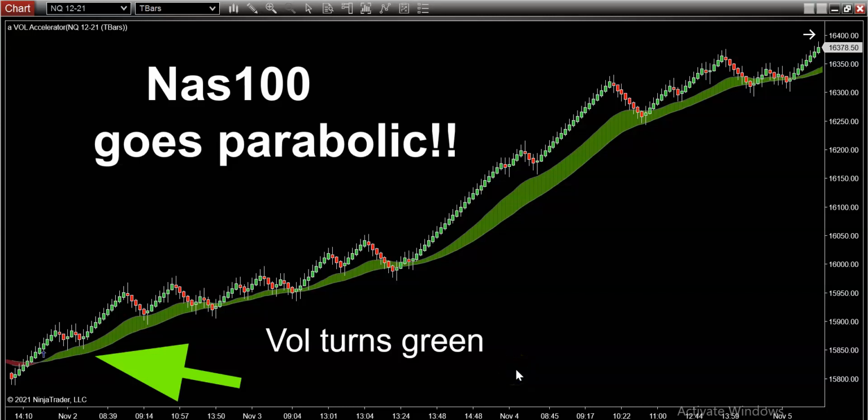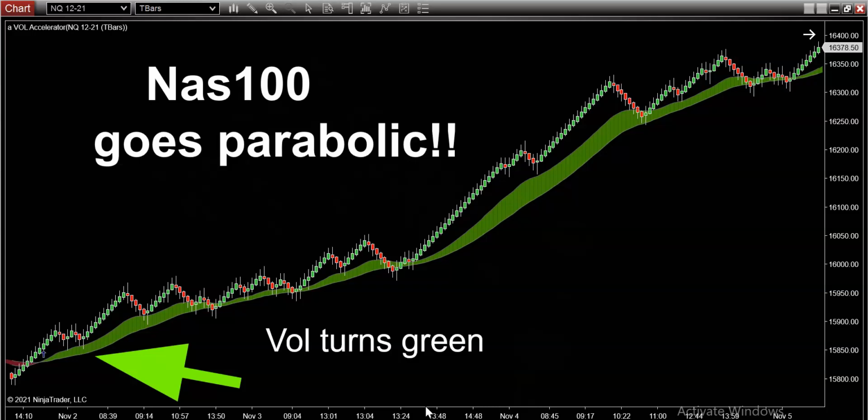Alright traders, the Nas100, aka the Nasdaq. In today's market trading video recap, I'm going to show you a really interesting trading strategy on the Nas100, and more importantly, I'm going to show you how to react when a market goes parabolic as the Nas100 did this week. Now, first things first, guys, what you're seeing on the screen is a chart of the Nasdaq over the